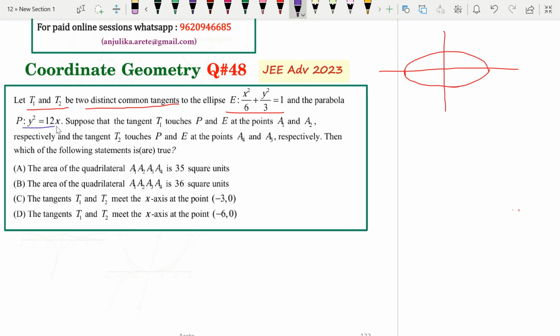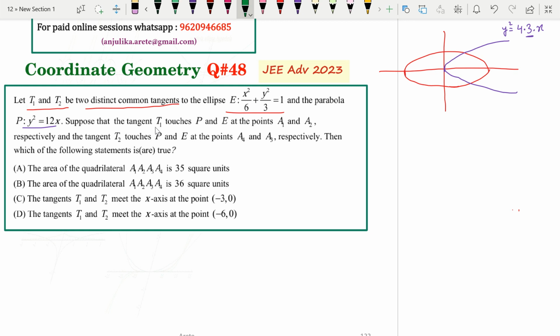y square is 12x is a parabola which is given to you. Let's draw that. Okay, y square is 12x is a parabola given to you. So y square is 12x is what? 4 times 3 times x. So the a value is 3 basically. Your focus is (3, 0). But anyways,